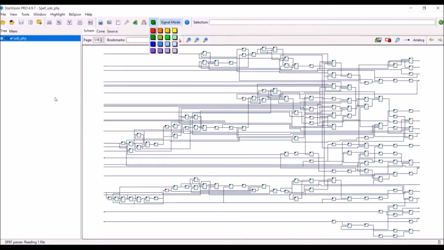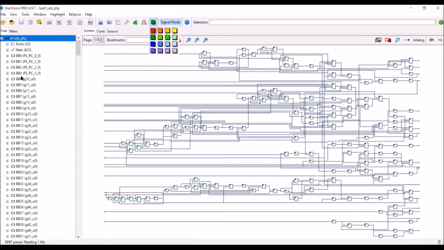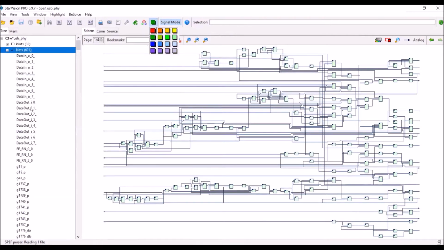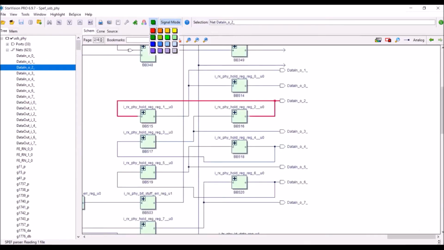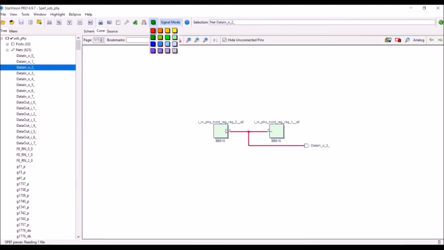Go ahead and read. Again, on the left-hand side, we have the hierarchical tree. I can see the various nets. I can drag and drop the nets into the schematic to trace them in the design. I can take them into the cone view and start tracing forwards and backwards, even go into the source view,